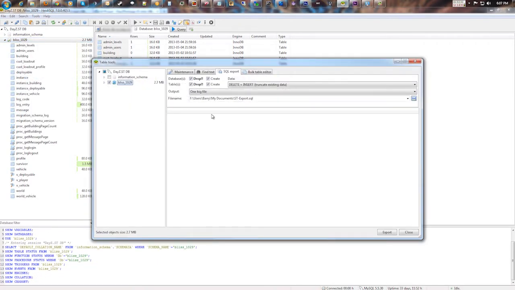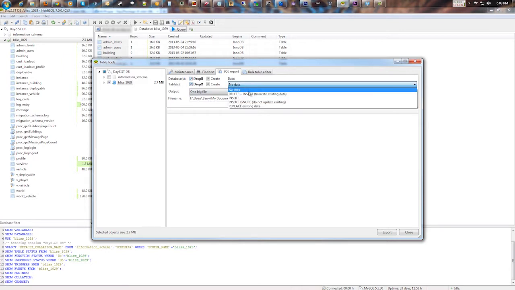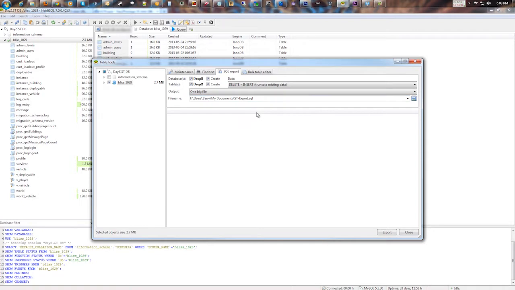Then you'll get this export window. By default, it'll actually look just like that. None of these options will be selected. For our purposes, what we need to do is next to Databases and Tables, select both Drop and Create. And then under Data, select Delete plus Insert. Once you do that,